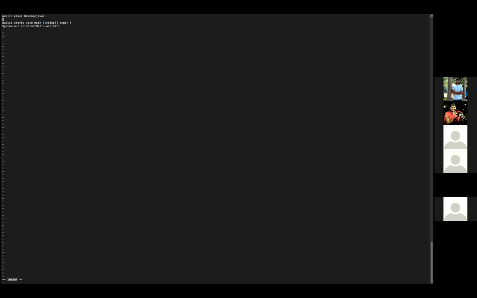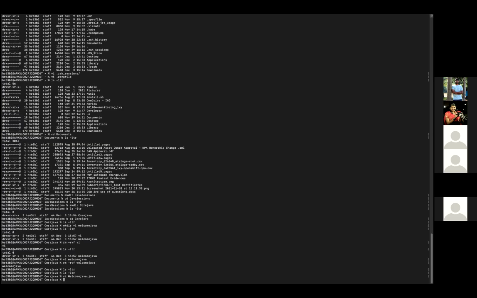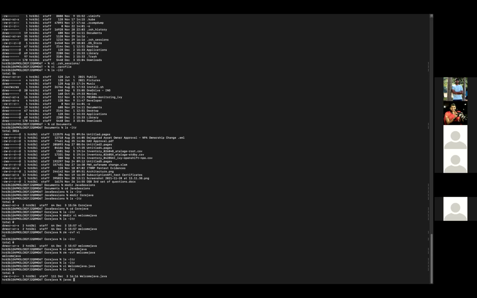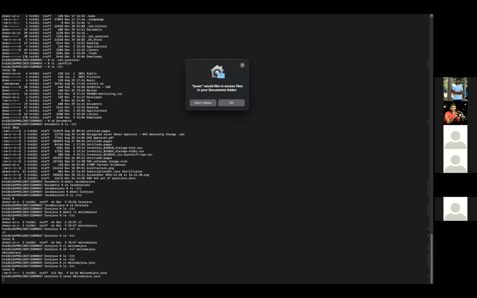The starting letter is capital only. But the relevant keywords, like Java and whatever you write after Welcome, should again be capital. Cool. Now save this file. Can you go to the path where you have this particular file? Okay, just give javac WelcomeJava.java, enter.